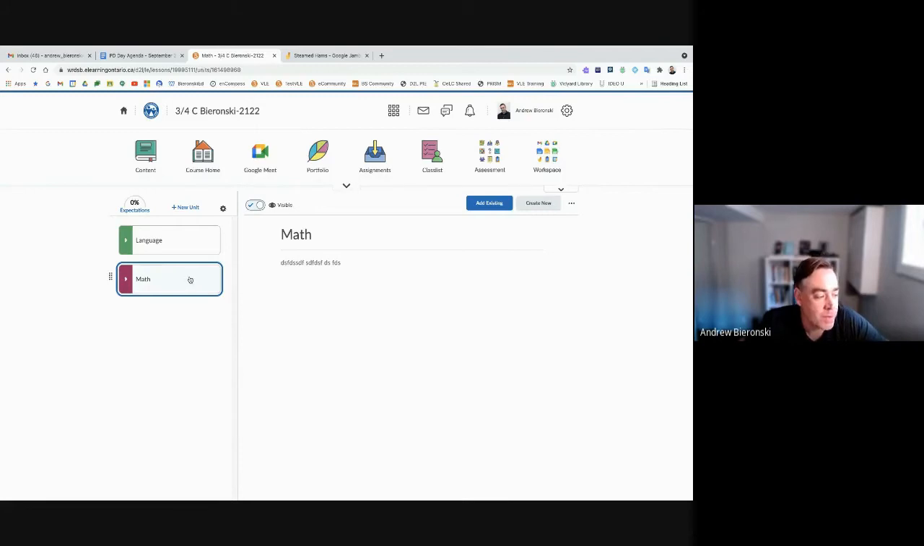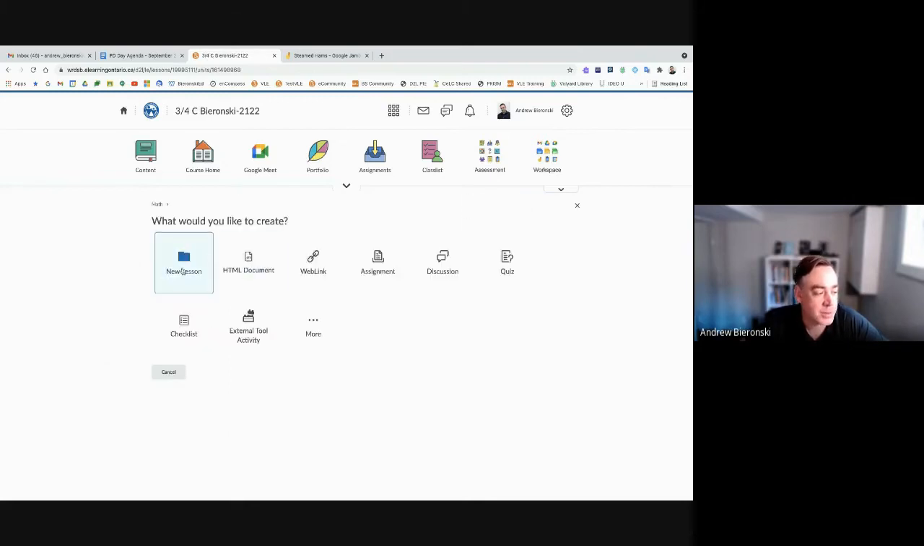Next one, so I'm on this folder again for math. I'm going to click on create new now. So we were looking at add existing before. If I click on create new, a few options. First, I'm going to see new lesson. Think of new lesson as subfolder, and that's why it's a folder icon. So I'm going to click new lesson,